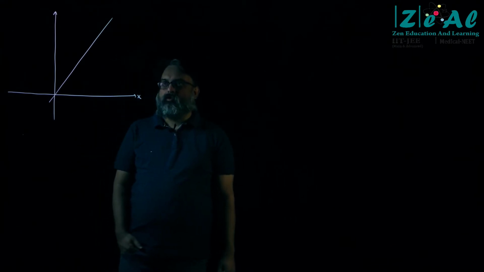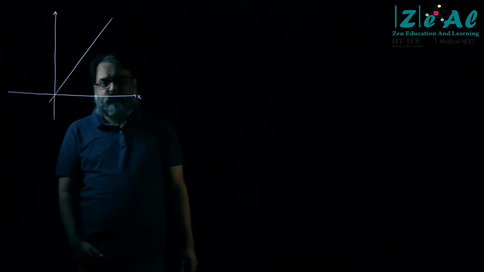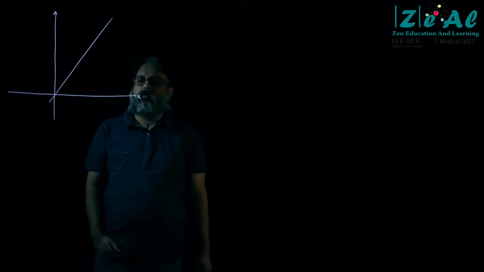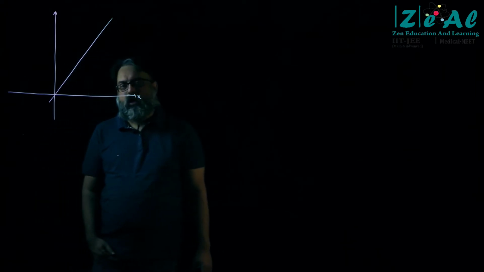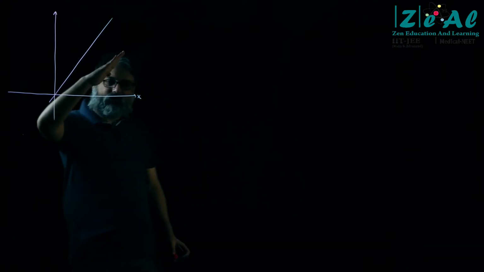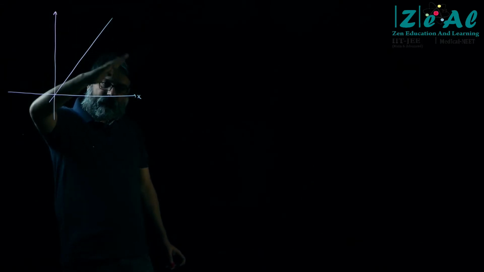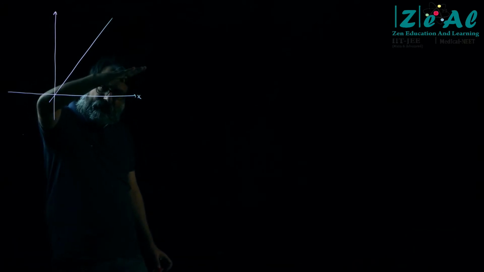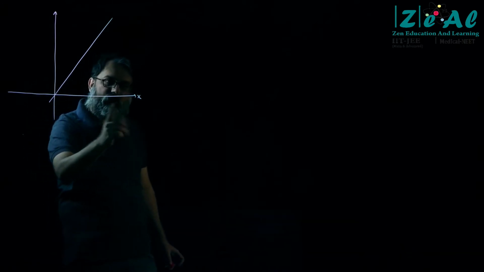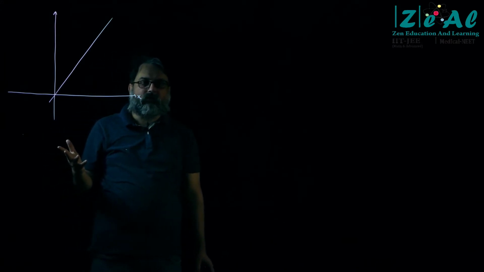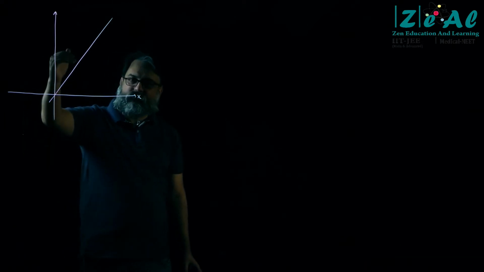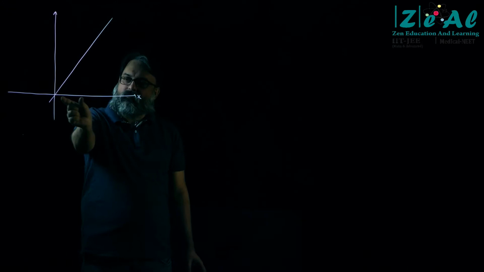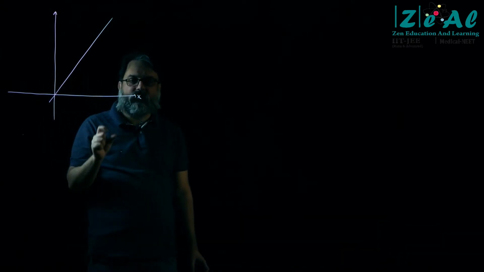And I told you in the last class that we can measure something called the slope of this straight line, and the slope of this straight line is a measure of the inclination of the straight line, right? So what is that going to tell us? Well, if the straight line is less inclined, that means whatever physical quantity is here, we want to measure the change in that physical quantity. So whatever physical quantity is here, the change is very, very small.